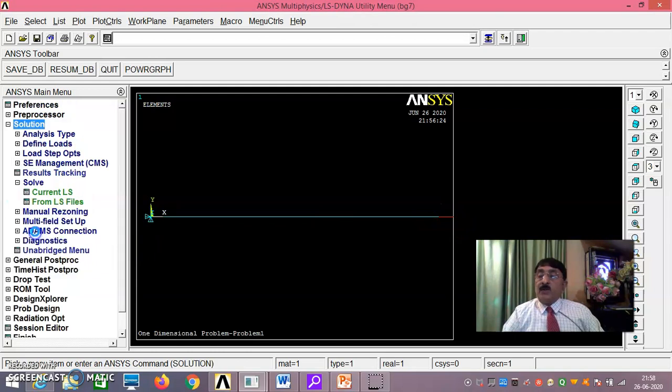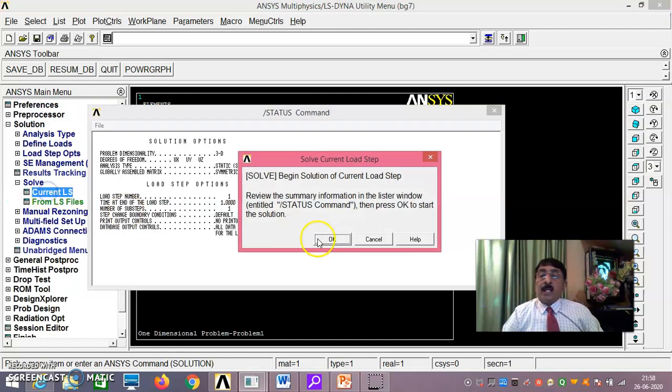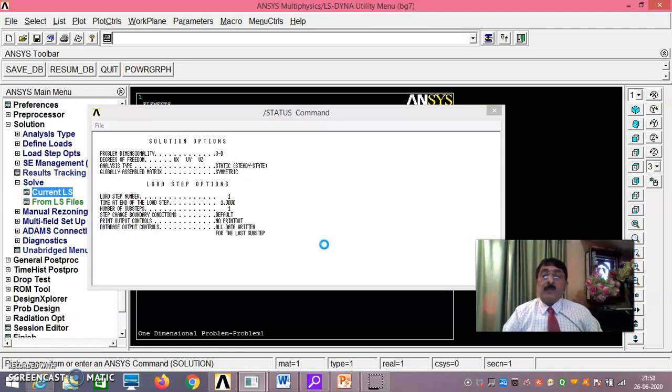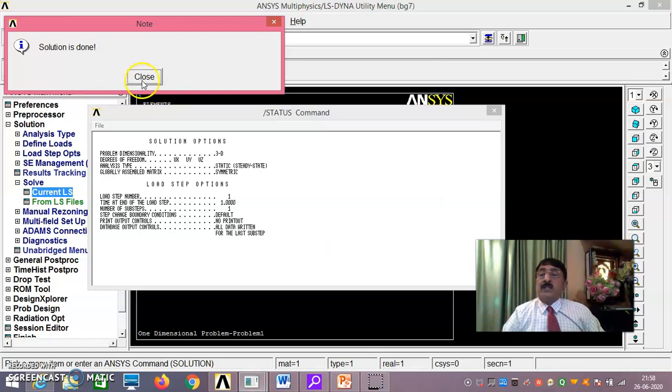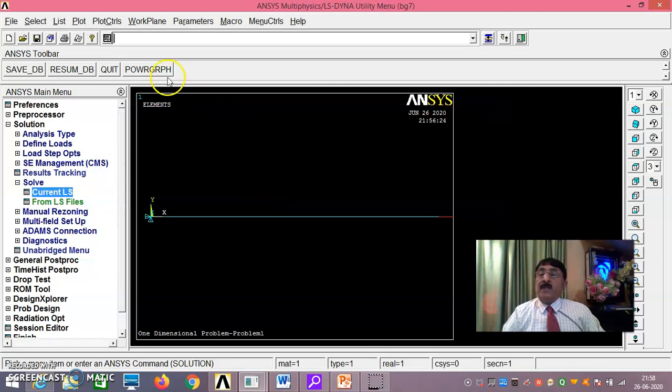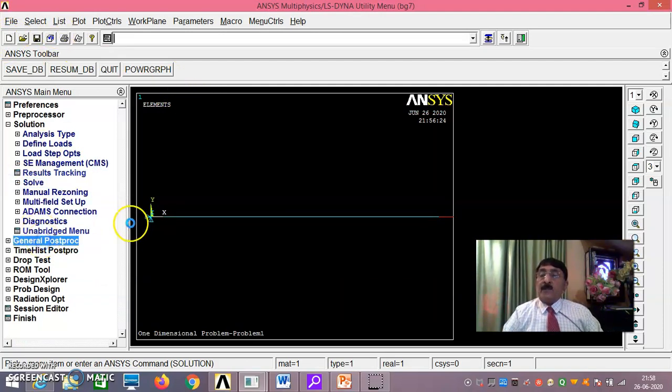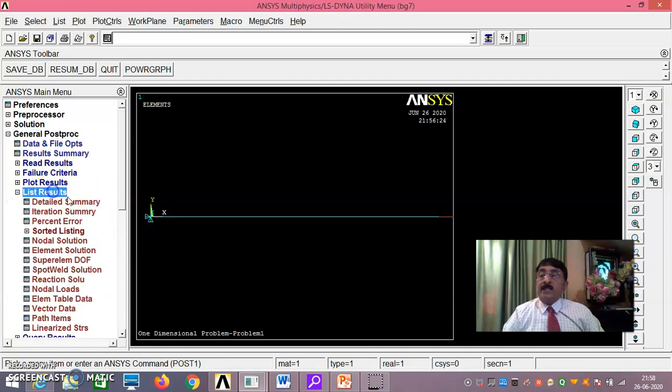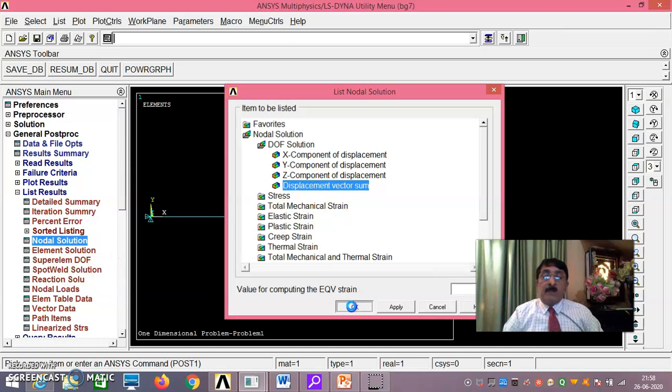Then solution, solve, current LS you do. Solution is done. Now you check whether you have got the correct answers or not. General postproc, list results, nodal solution, displacement vector sum.